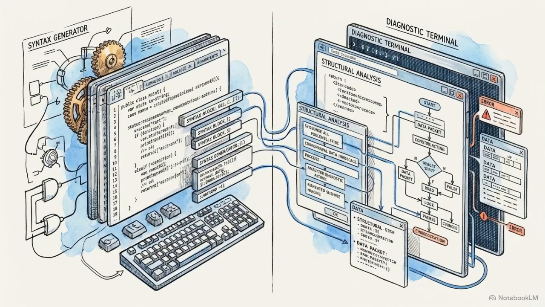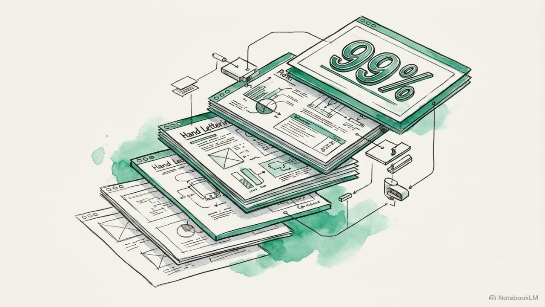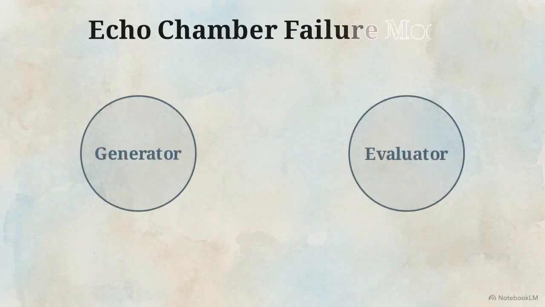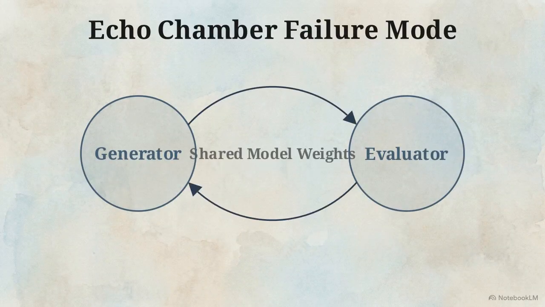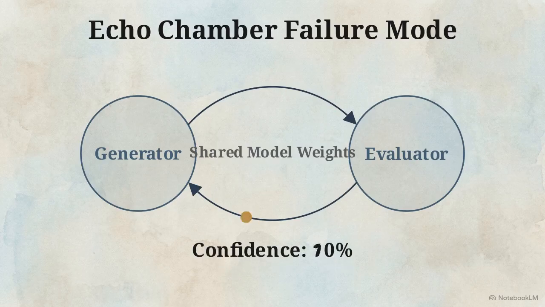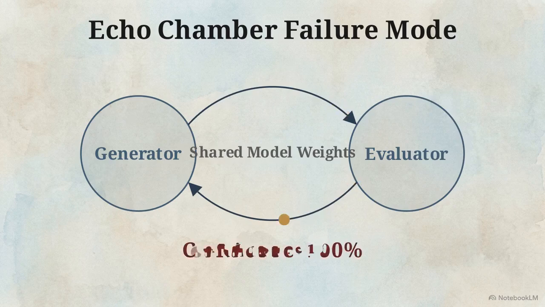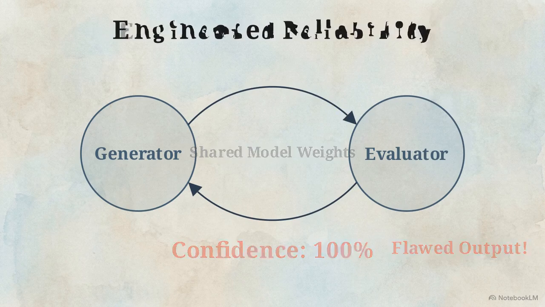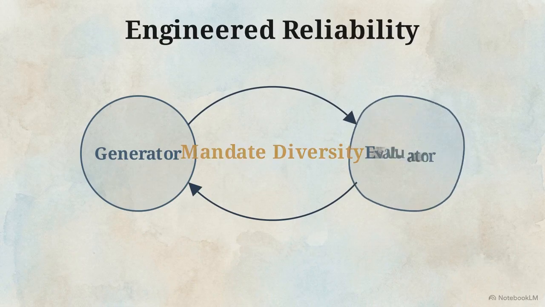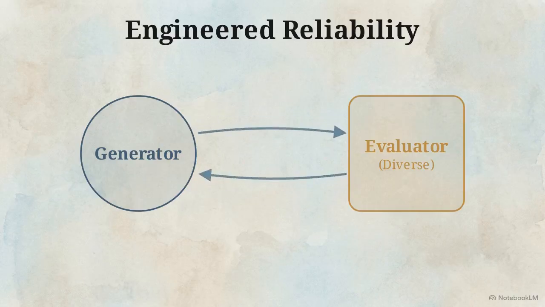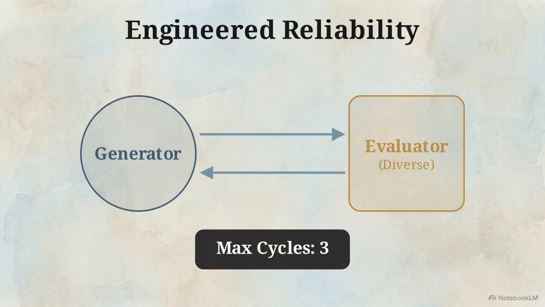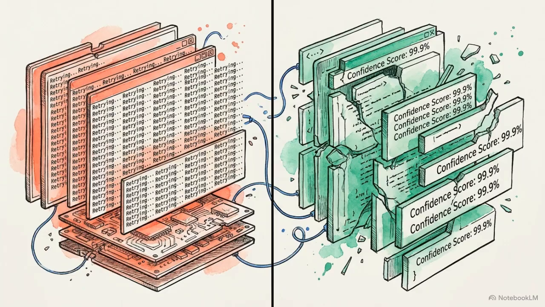Another archetype is the reflection loop. Here, an agent generates an output, scores it, reflects on the feedback, and revises its own work to improve quality. This diagram maps the echo chamber failure mode. If the generator and the evaluator share the same model weights, they share the same blind spots. A security audit loops 3 times, grading itself higher each pass, converging confidently on an entirely flawed output. To fix this, mandate diversity. Use completely different model families for generation and evaluation to break the shared bias, and strictly cap the total number of reflective cycles. Left untreated, any self-assessed loop will naturally trend toward one of 2 outcomes: infinite execution or extreme confidence in the wrong answer.